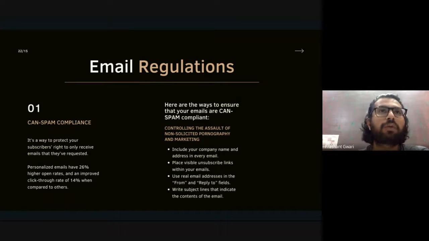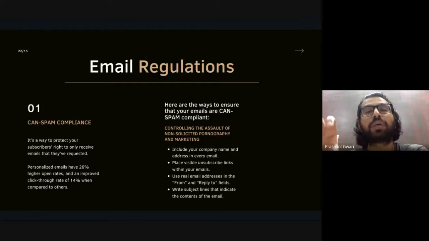So whenever you are creating an email marketing campaign, to follow CAN-SPAM compliance, you have to add your company name and address to every single email you are sending.